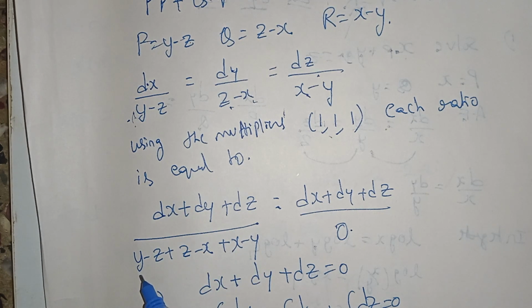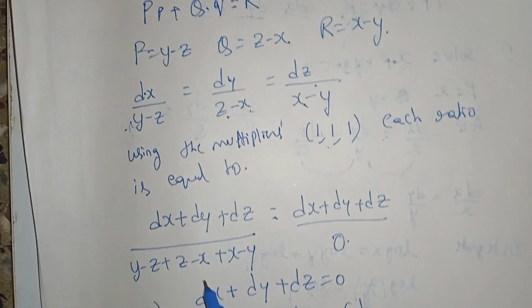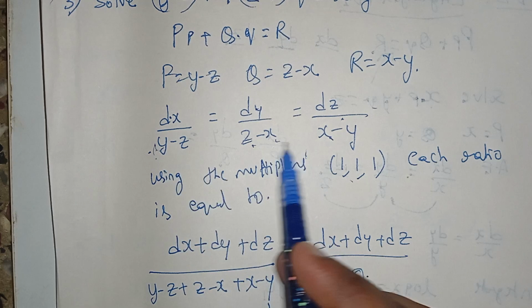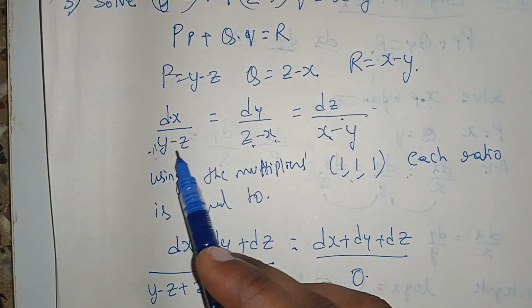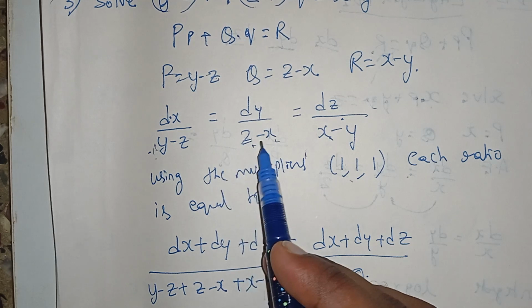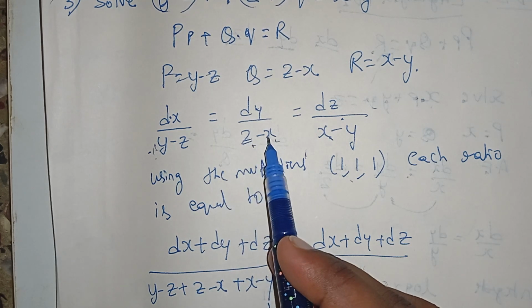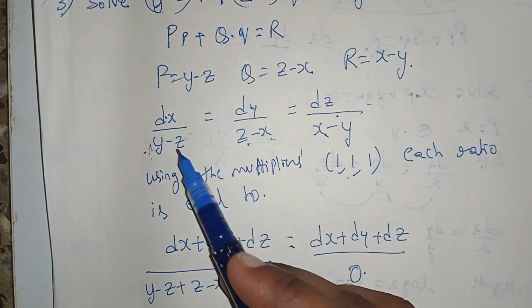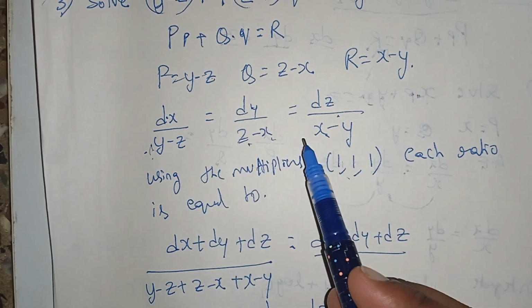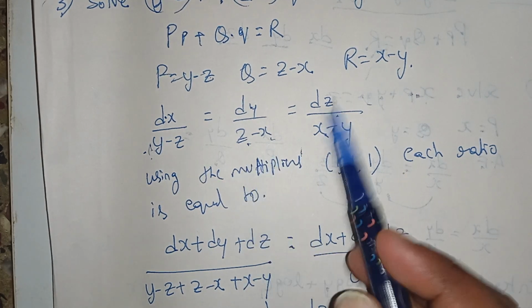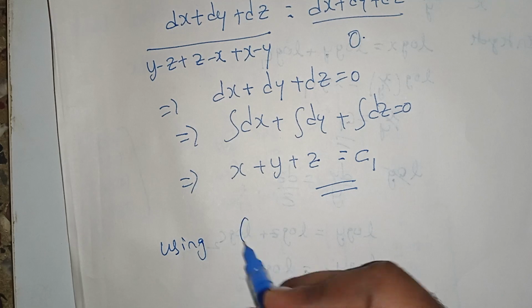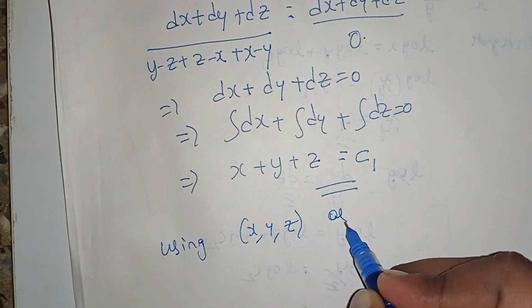So if I multiply x, y, z to these terms in the denominator, each term: xy minus xz, zx minus zy, minus xy, xz minus yz, so everything. So you have to choose multipliers in such a way that the denominator will be added and it will become 0. The one case is 1, 1, 1, another case is x, y, z. So using x, y, z as multipliers,